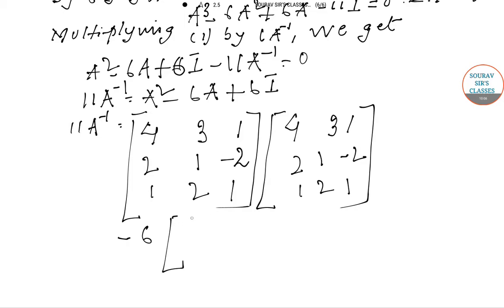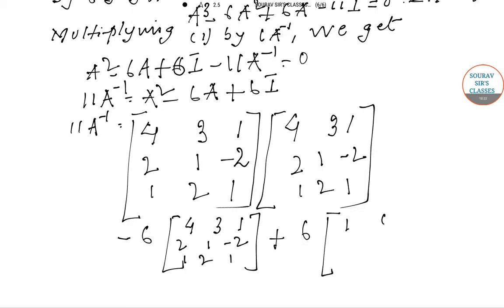A is again 4 3 1, 2 1 minus 2, 1 2 1, and then plus 6I. So it's an identity matrix, like this: 1 0 0, 0 1 0, and 0 0 1, and that is equal to